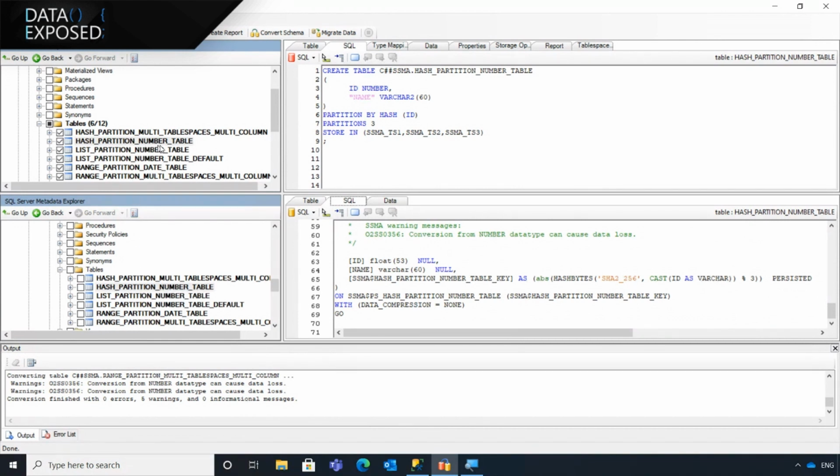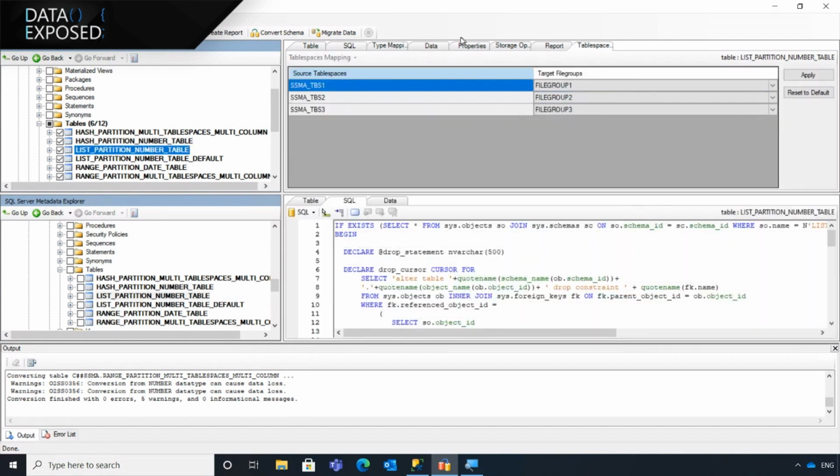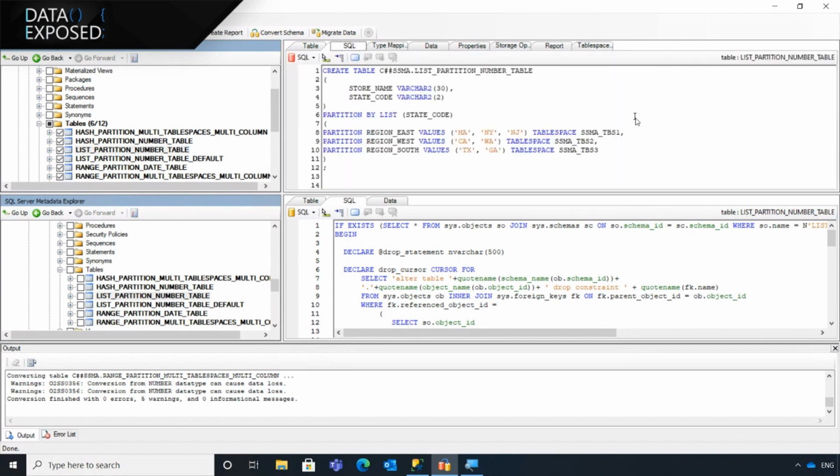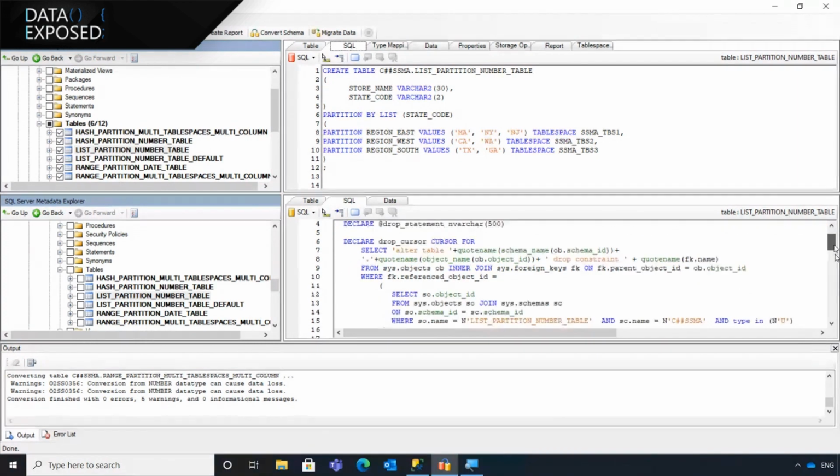Also, Oracle supports list partition tables, and it's pretty much the same. We can see how Oracle does the list partition. It just lists a few values for each partition and stores them into the table space. What we do on the SQL Server side is